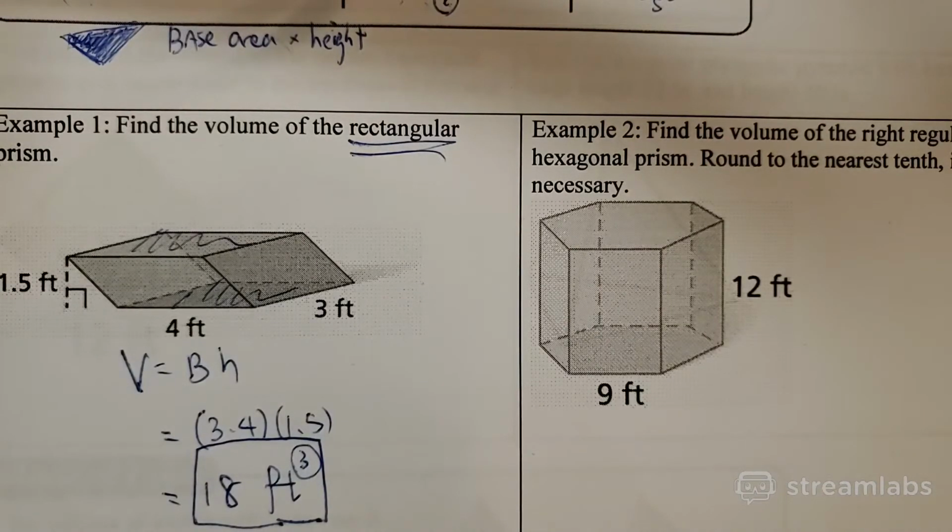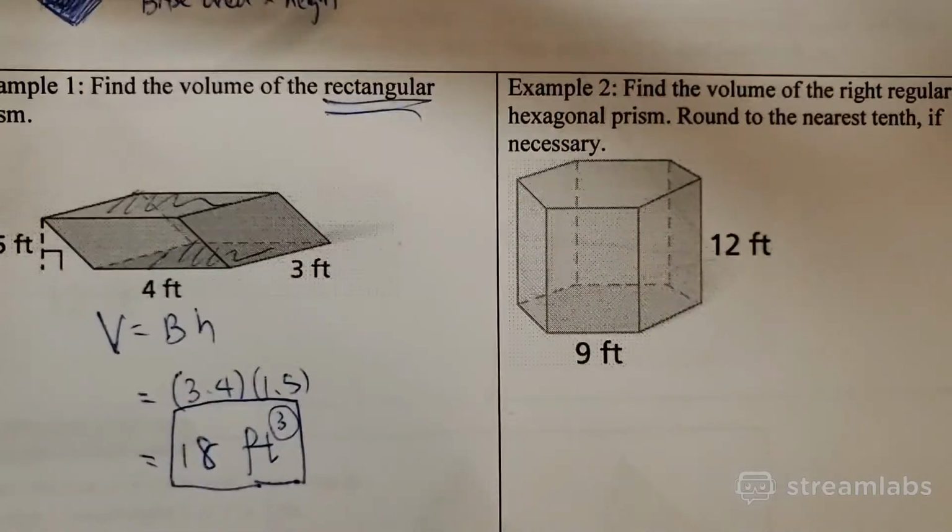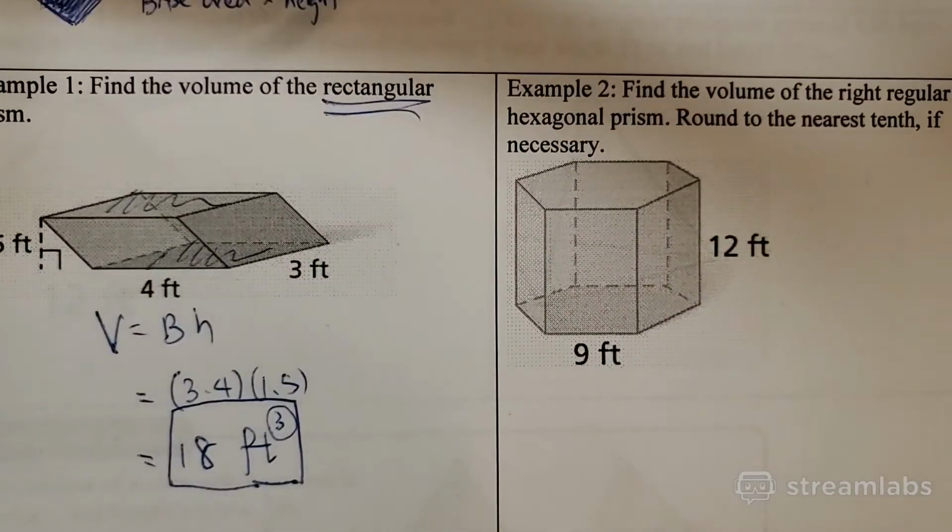Cool. Let's look at the right side. So the right side is a hexagonal prism. Hexagon, right? Hexagonal. So hexagonal prism is a hexagon that